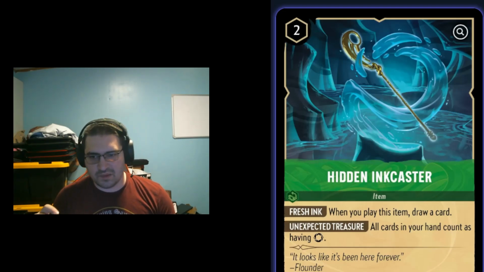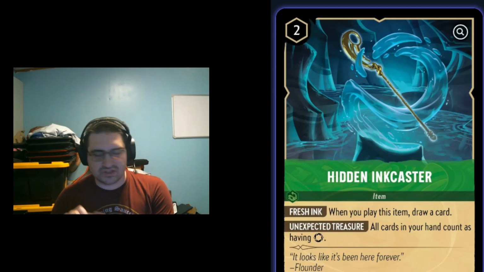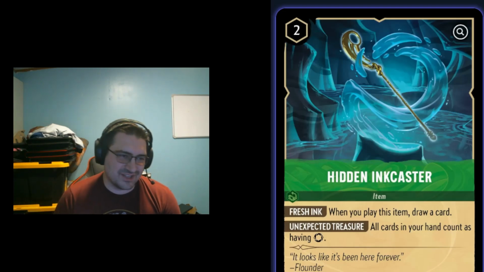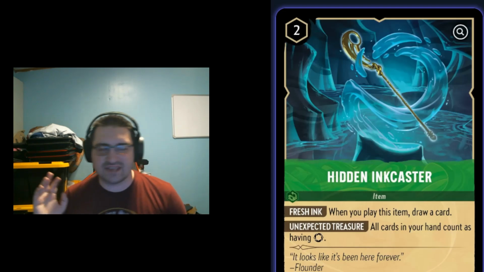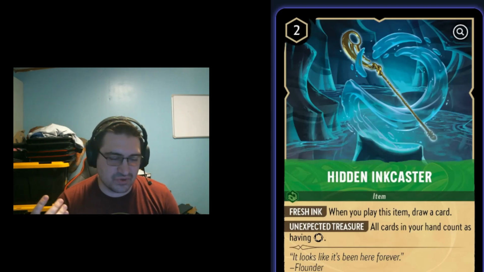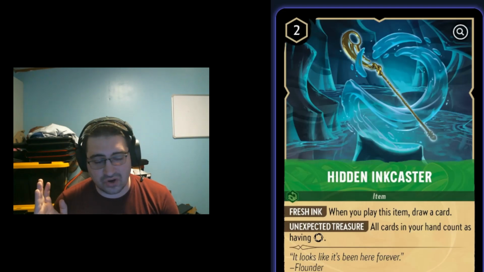I just have to hard mulligan for a Fishbone Quill or Hidden Inkcaster, and I'll be completely fine because all these uninkable cards are so powerful. This card's gonna be great. This card's not great, unfortunately. I wanted this to be so much better, and honestly, it'll only get better with time. But this card did not see any competitive play at all. And it's so disappointing because it's such a cool card. I didn't expect to see a card like this so early on,